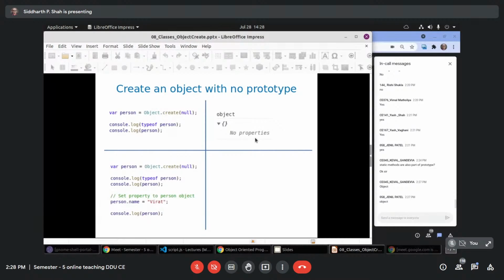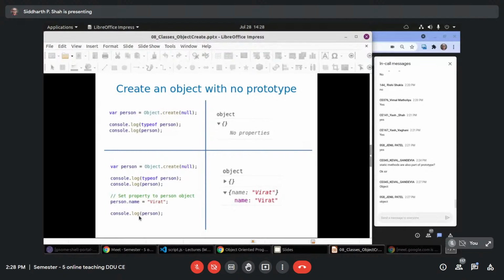One more example, now with a property. I am creating one object using Object.create by passing null as the prototype object. Then again, I am printing its type and printing that object. But this time I am setting one property for that object, the person name, and I print person again. See, the first time person is an empty object.